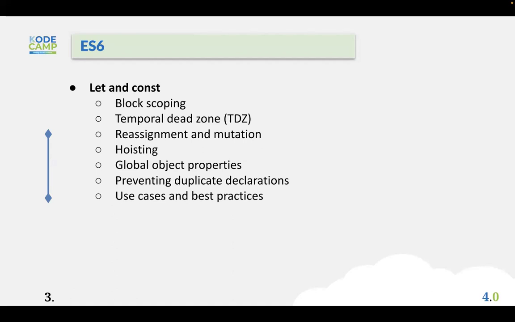So when let and const were introduced, they addressed this issue. With block scoping, a variable declared with let or const is only accessible within the block of code where it's declared, that's within the curly braces. So this provides more control over variable visibility and reduces the risk of naming conflict. Let's say, for example, now we have